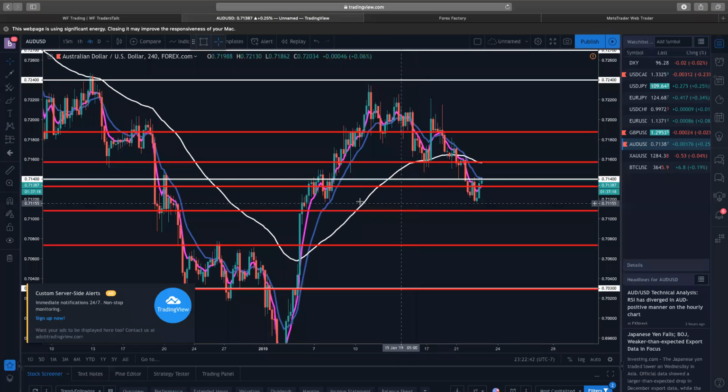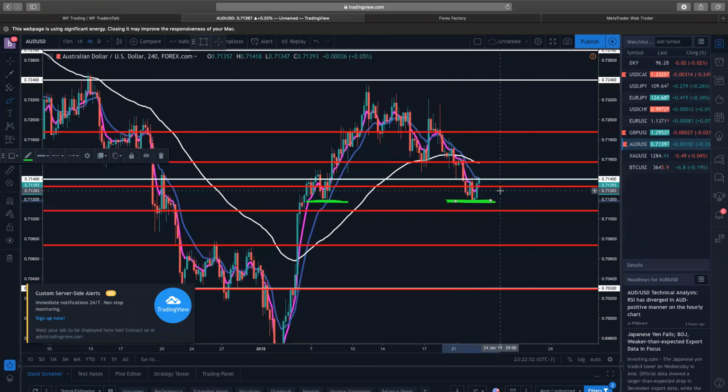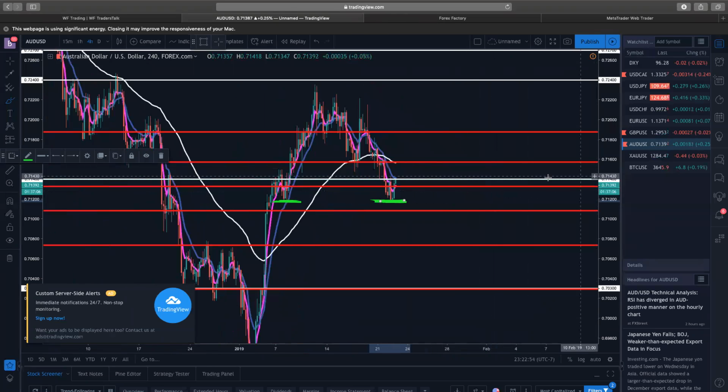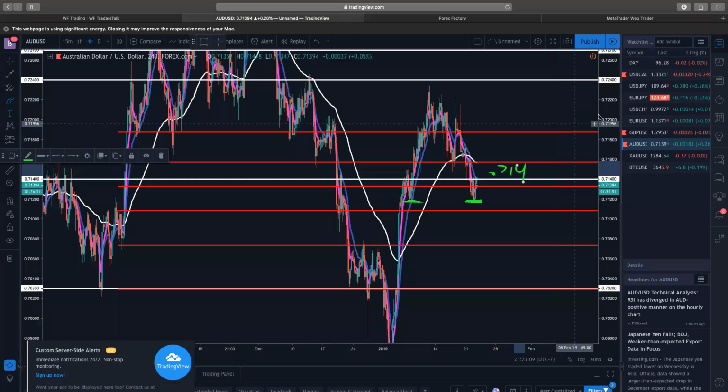Another thing that could show us we might be in a buy is that we had this support right here. We had the same right here. All that needs to happen now is price needs to break through this white line right here, which is a key level, 7.14. So if price breaks through 7.14 and we continue to see price close on top of it,